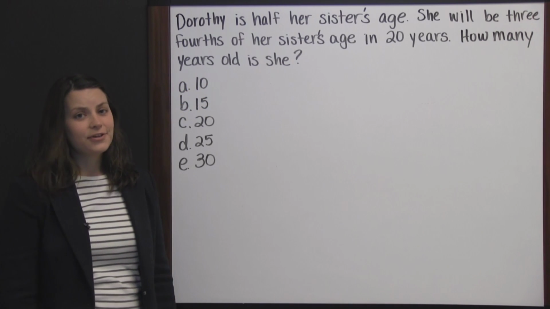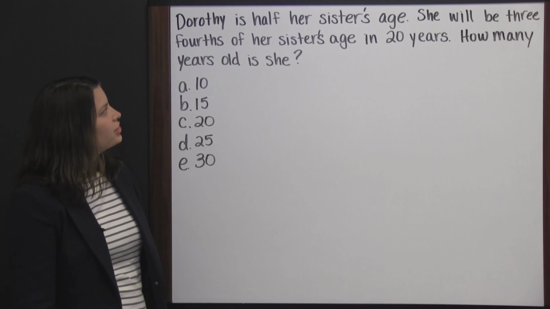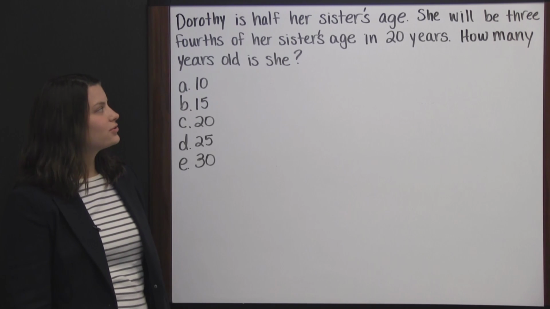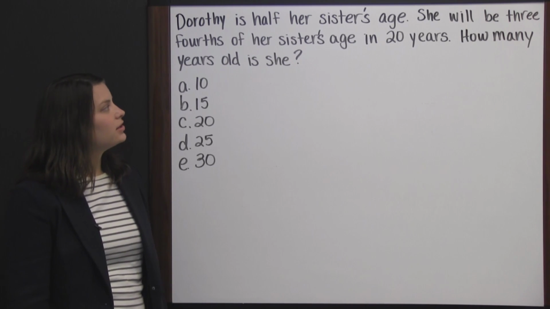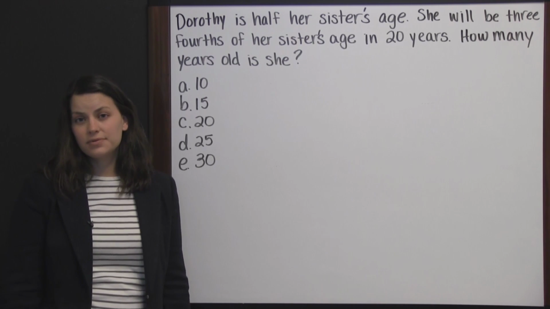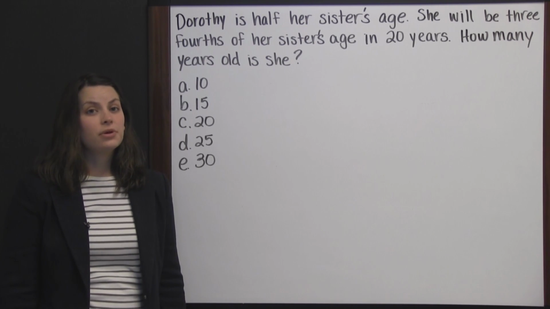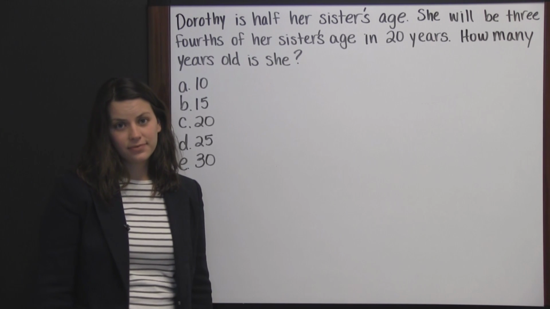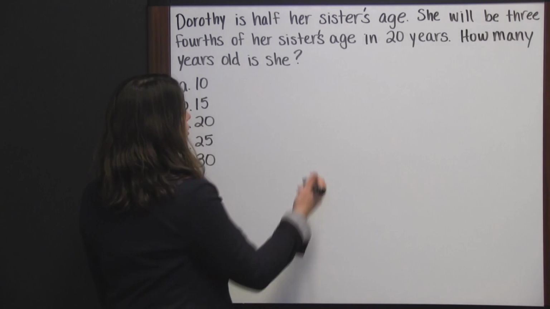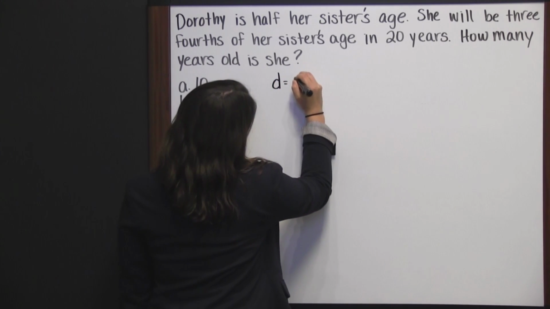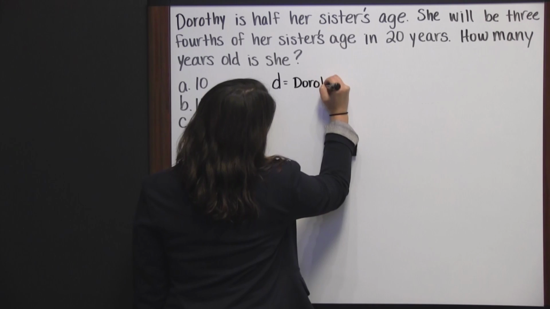Dorothy is half her sister's age. She will be 3/4 of her sister's age in 20 years. How many years old is she? We have two unknowns here. We don't know Dorothy's age, and we don't know her sister's age. So I'm going to make up two variables for this. I'm going to use D for Dorothy's